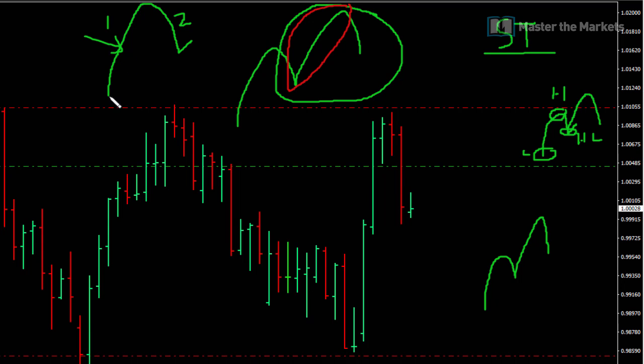Now the one that is moving upwards in line with the trend, we call phase one, and the one which goes against the trend, we call phase two. As swing traders, we usually only look to capture phase one, which is in line with the